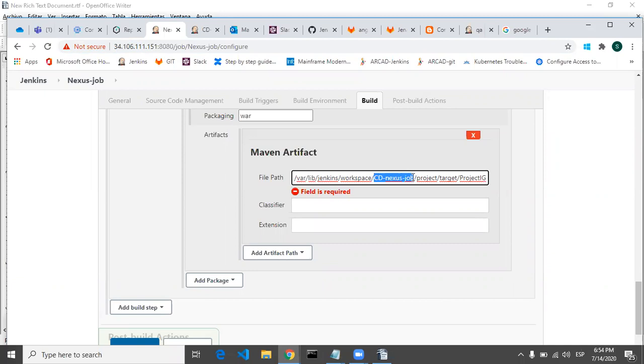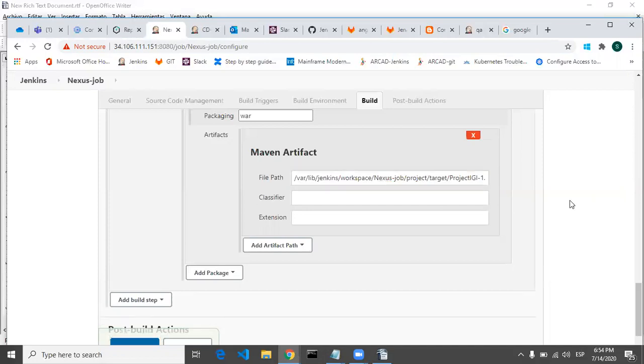this is not the project name. The project name will be Nexus job. I will tell you how to get this complete path. Okay, so once you add the Maven artifact, so var/lib/jenkins, this is the home of Jenkins in the Ubuntu server.